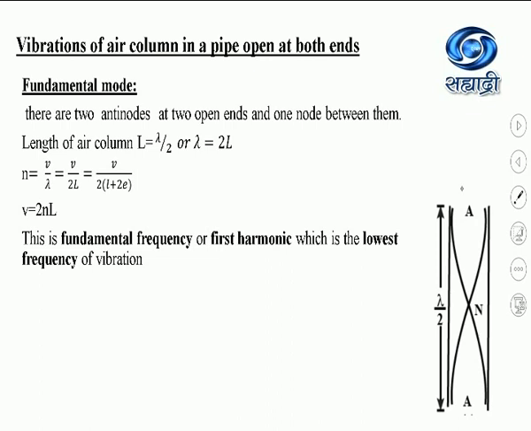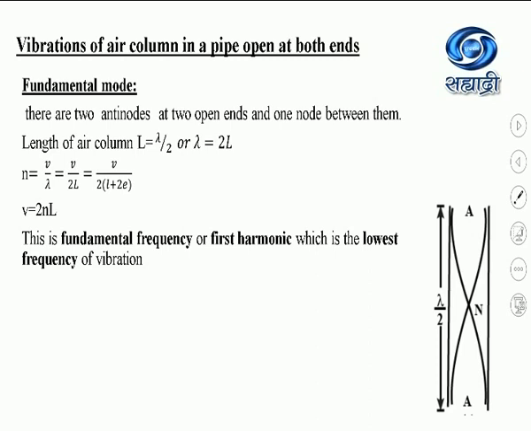For example, if the vibrating tuning fork is held at one of the open ends of the pipe, then suppose a compression is formed at this first open end, which travels through the pipe, and at the other open end it is partially reflected as a rarefaction, which moves back to the first open end. Again, due to second partial reflection, compression is produced, which interferes with the waves coming in by a path difference of 2L, and stationary waves are formed inside the pipe.